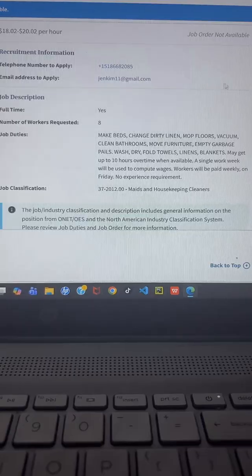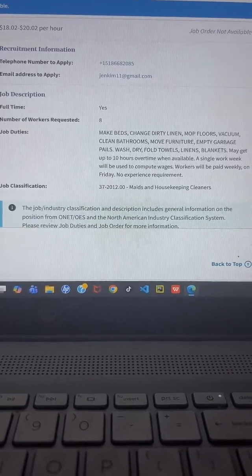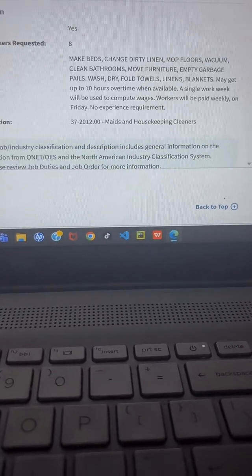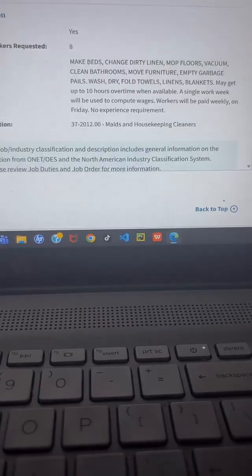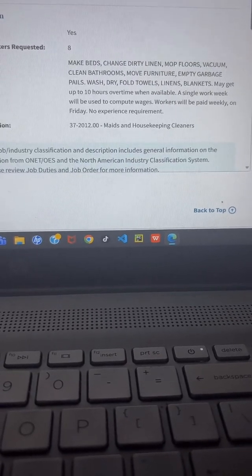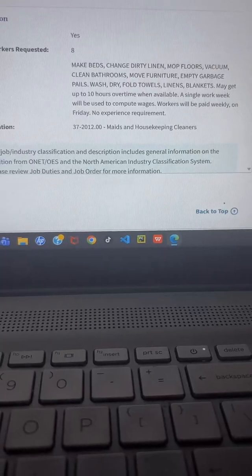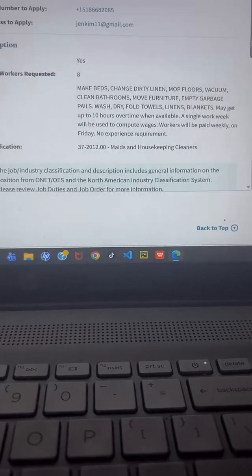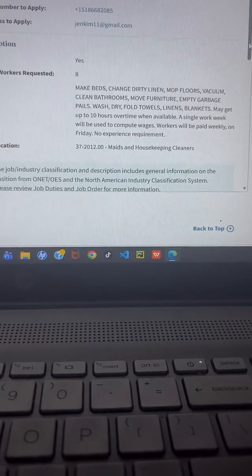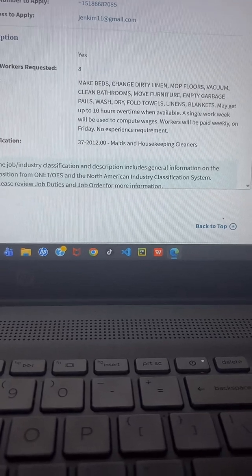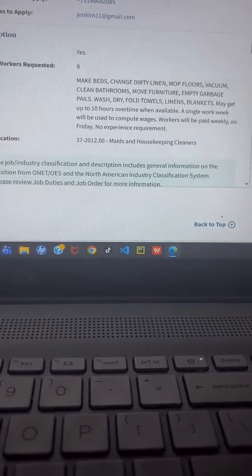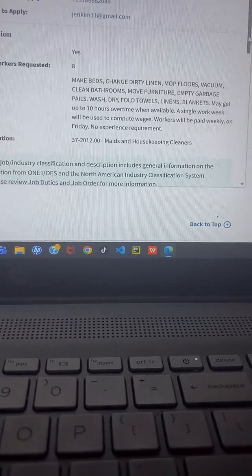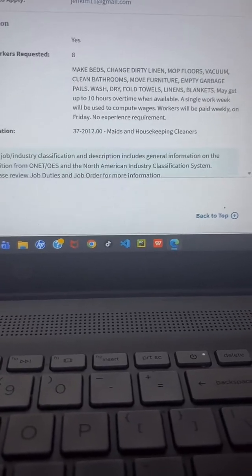Ensure that you're not sending out your applications during the weekend. Ensure that you're not sending out your resume on the weekends, guys. There is nobody to see your resume on the weekends. You can send your resume in the morning. That's the best time to send your resume, in the mornings.